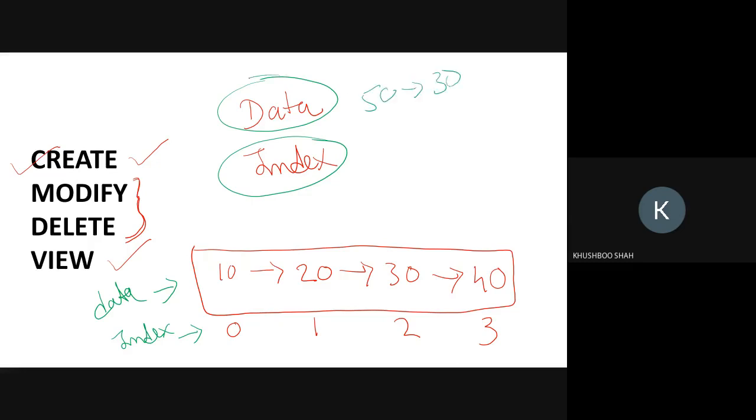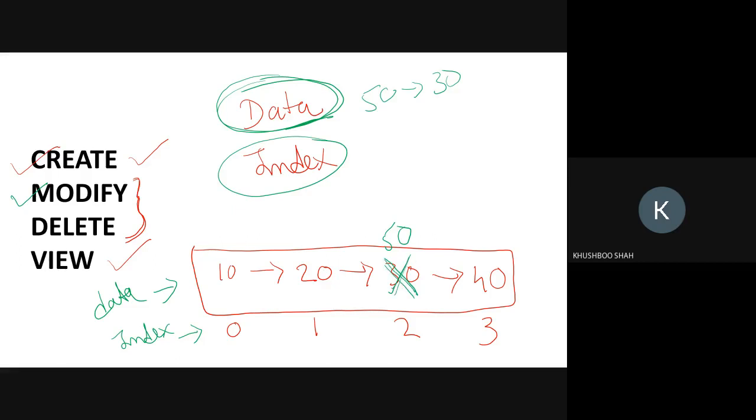Fine. When we talk about the data, in that case, we have to make sure that the data should be unique. Only in that case can we operate through the data. So 30 is there and I want to modify it. It means that I need to replace this 30 with the value 50, right? So this is the modification, meaning now my linked list is 10, 20, 50, and 40.